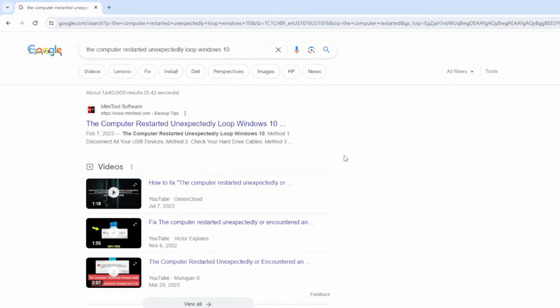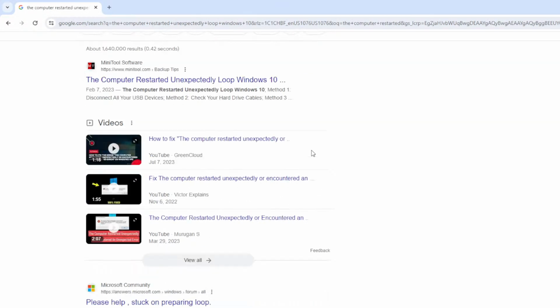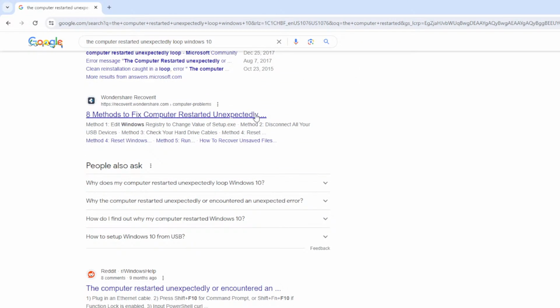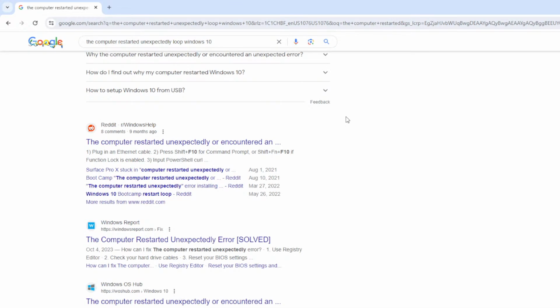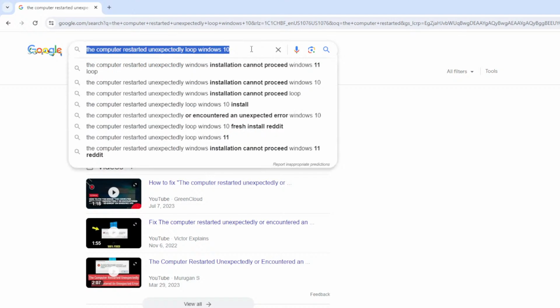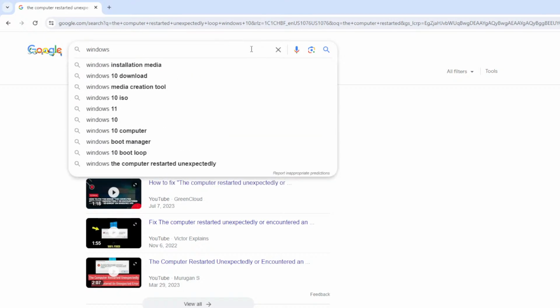So as you can see here, there are videos that show you how to fix this error if you encounter it. Different links. Here's a link to the Wondershare Recoverit website that gives you all the methods of fixing this error. But the easiest one, the one that I like doing, is just creating a Windows installation disk. So what I'm going to do is search for Windows install media,